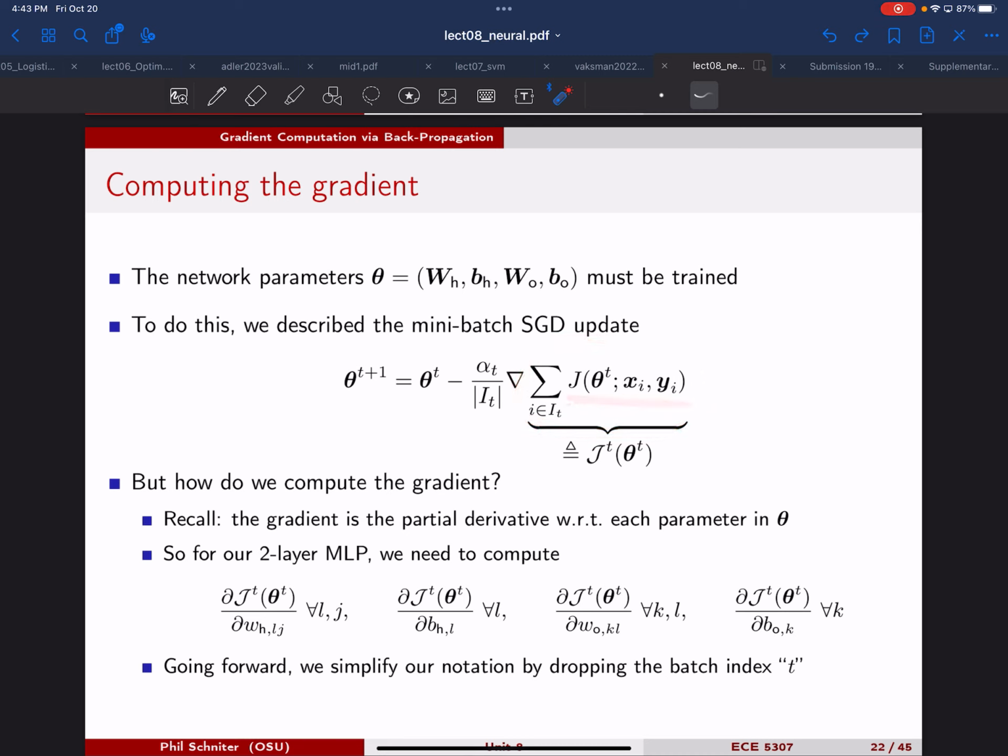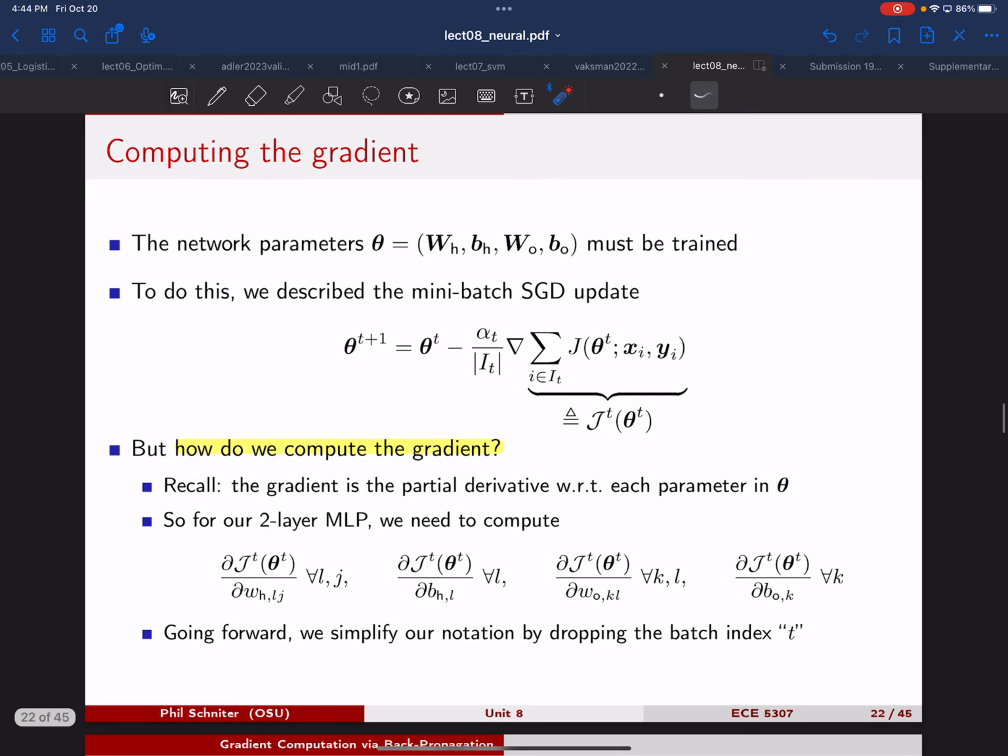We need to compute the gradient of the cost with respect to the current parameters and whatever data we have in that mini batch. So this is the whole question. How do you actually compute that gradient? It's kind of tricky. And in particular, the things we need to compute for our two-layer multi-layer perceptron are